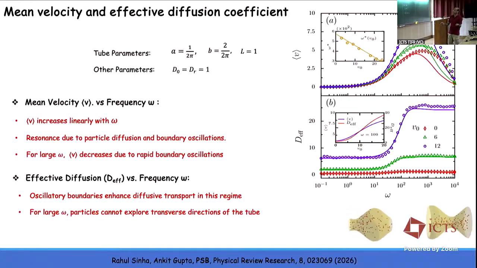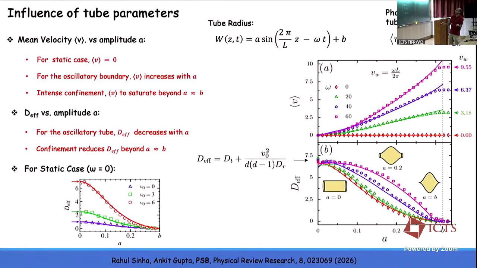So this increases, and then of course this is again the flat channel. The effective diffusion in the flat channel can be calculated; this is a known formula for active particles, available in the literature. Here we are varying one of the channel parameters, that is A. As you change A, that means as you change the shape of the channel, in the flat channel case,